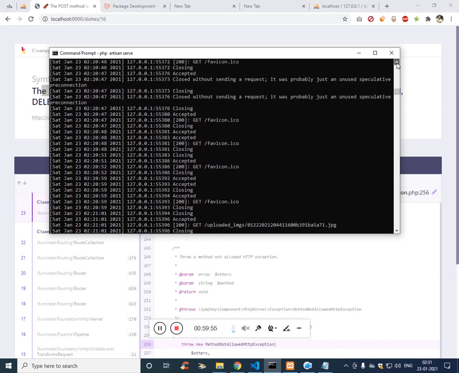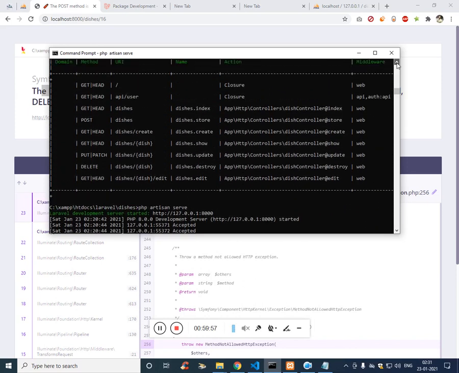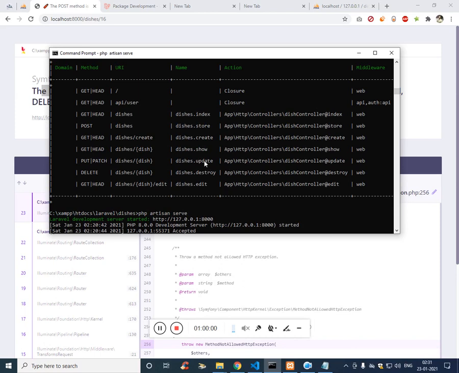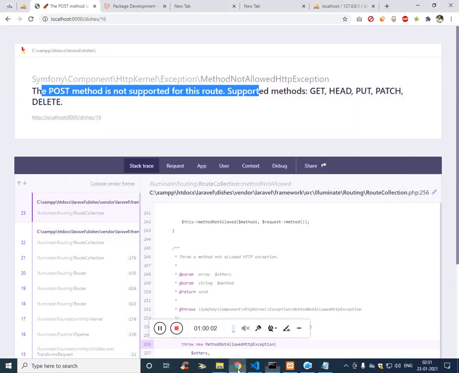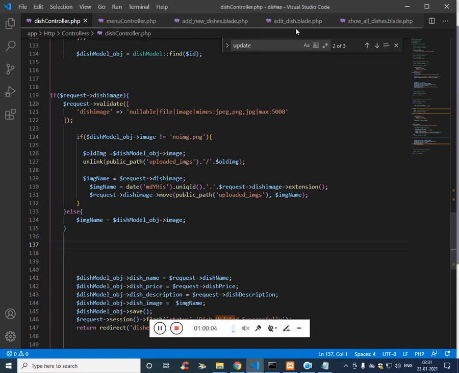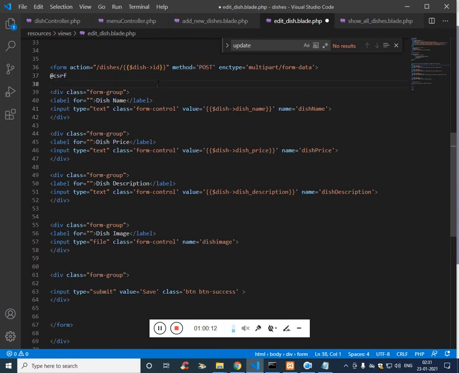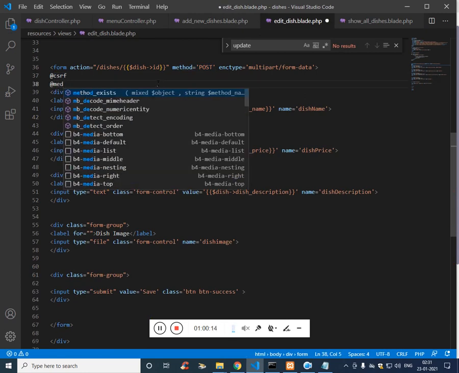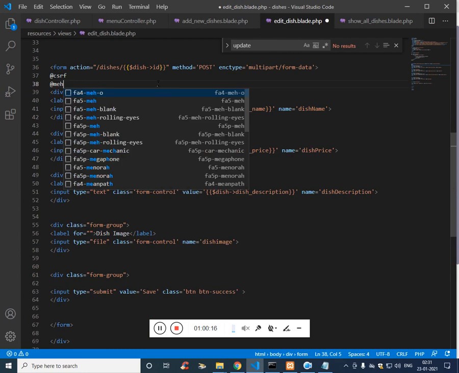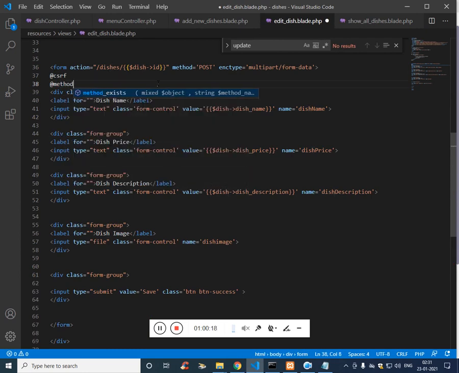The method for updation is PUT. So on the edit form, we need to make sure that we have POST, and explicitly use the method PUT.